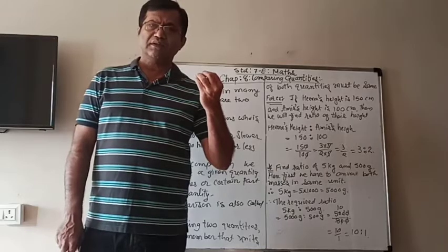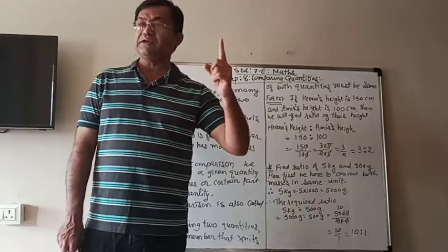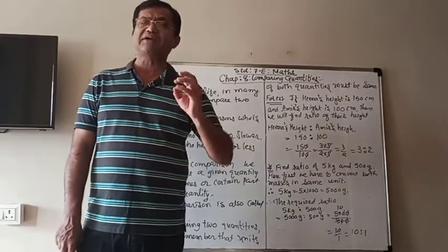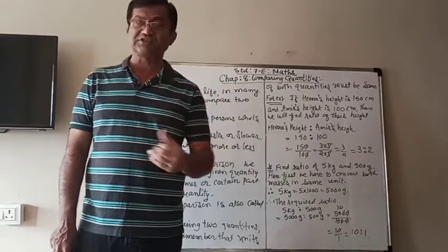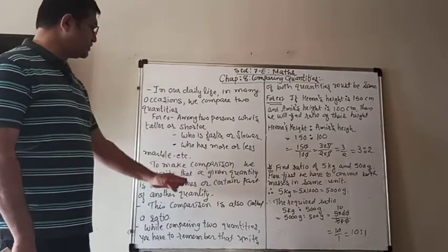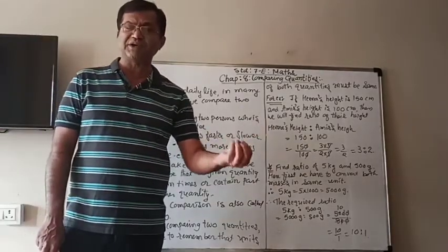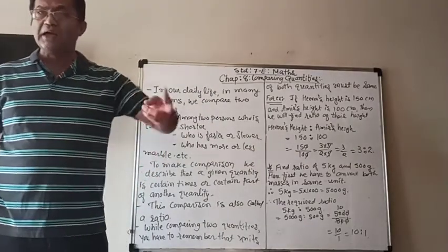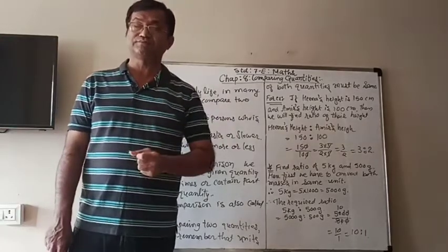When we compare quantities, one thing is very important to remember: whenever we compare two quantities by ratio, when we describe it as certain times or a certain part of another quantity. We saw that the cheetah's speed is 6 times the speed of the man. That comparison we did is known as the ratio.